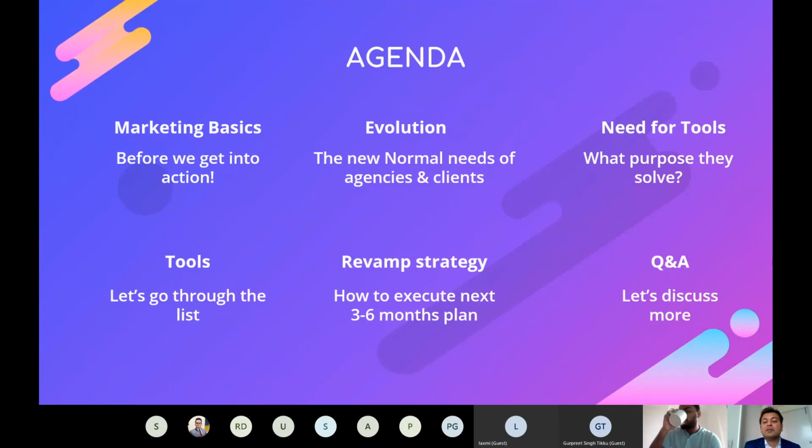Based on that, we have bifurcated them into different sections. We'll go through each section with the examples that we thought were best suited for today's time. We'll conclude with a revamped strategy and what we should be doing going forward. While we're taking questions throughout this session, if we have left something, we'll cover that at the end of the session.